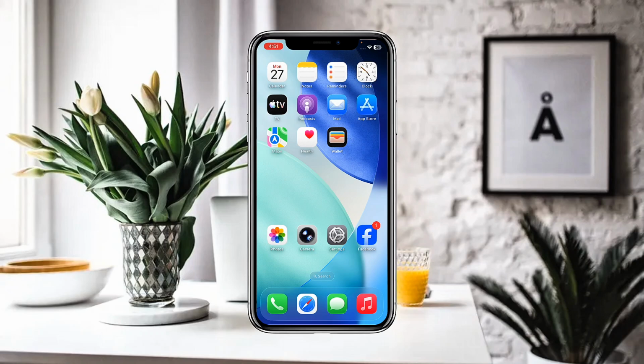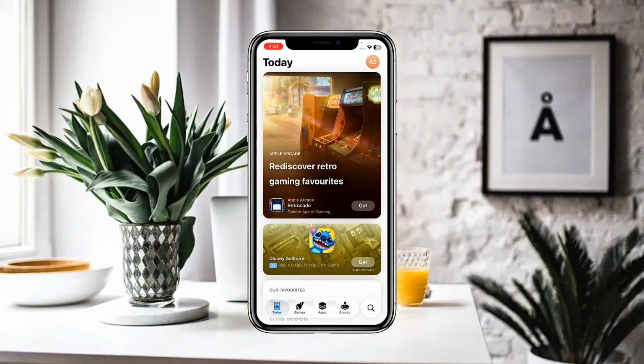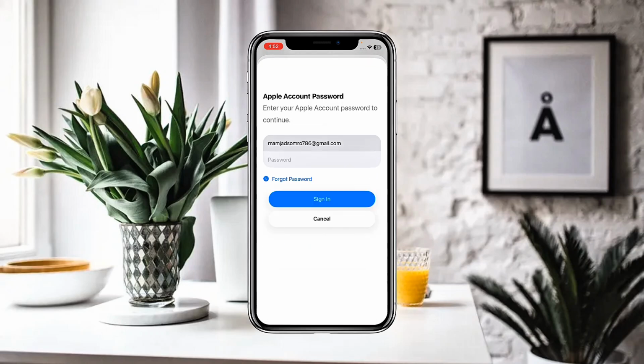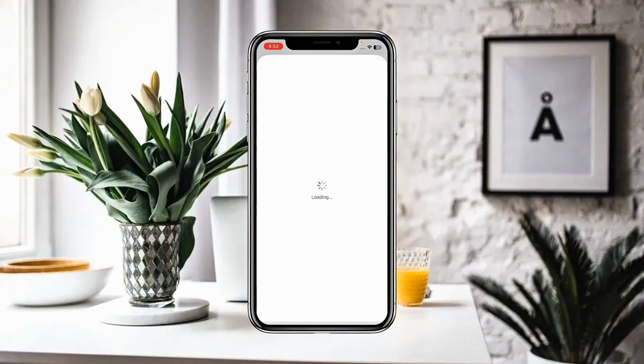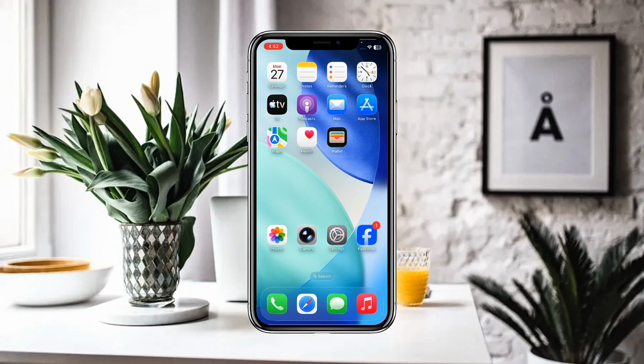The first method is that you have to simply open the App Store here. So in the App Store, you have to simply click on that profile, and here you have to simply click on your name or Apple ID, and after that you will find the option of change country or region. After you provide the Apple account password and sign in, you can simply find the Apple country or region change